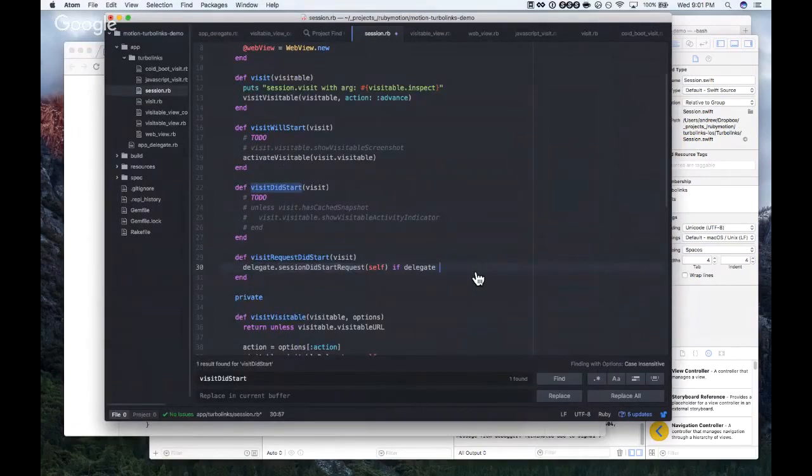No. So we need to say if we have a delegate and our delegate responds to session did start request. I always forget if it's responds to or respond to. Responds to, I think.